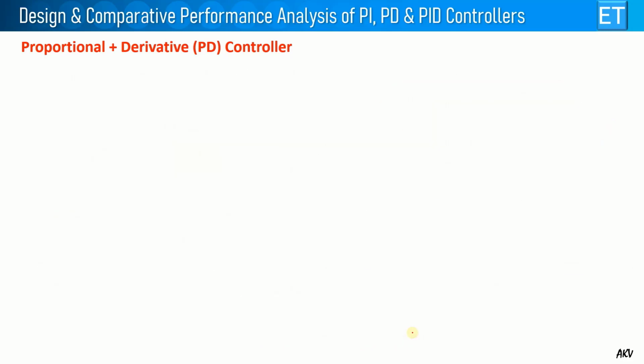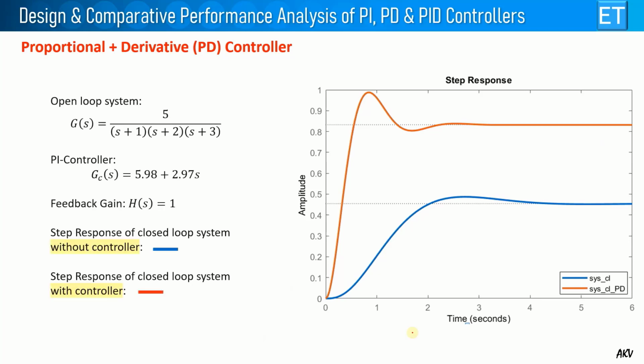So now let us compare its response with the uncontrolled system. So again we are taking the same plant transfer function, and this is the transfer function of our PD controller. So this is your P part and this is your D part. So this is your uncontrolled system which has ESS, you can see, and this is the output of your PD